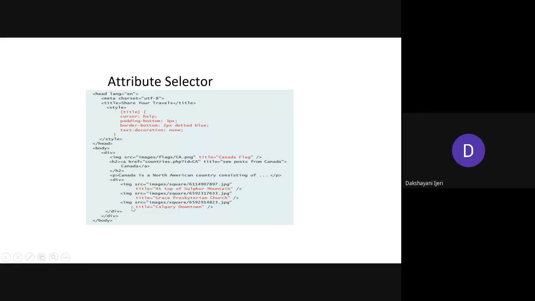The image uses two attributes, source and title. Using the title attribute, you create a style, so wherever the title appears as an attribute within any element in the HTML, these styles will be applied to that content.